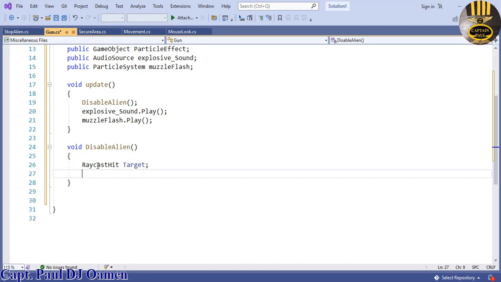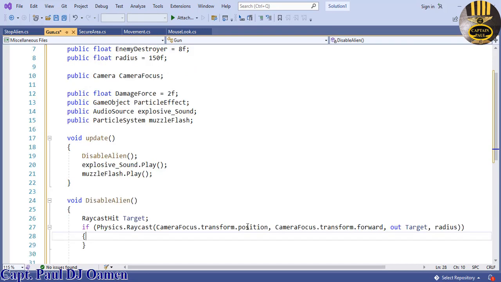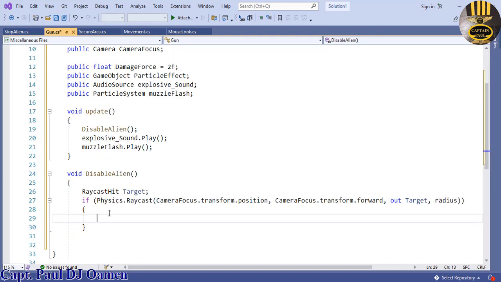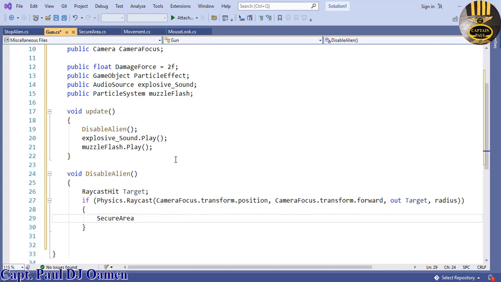Okay, and we then use an if statement. So if Physics.Raycast and the camera.transform.position, comma, camera.transform.forward, and the out. Now what I then want the system to do is as follows. So we now say SecureArea, that is up there, that's a secure area, and that is going to be shooting equals